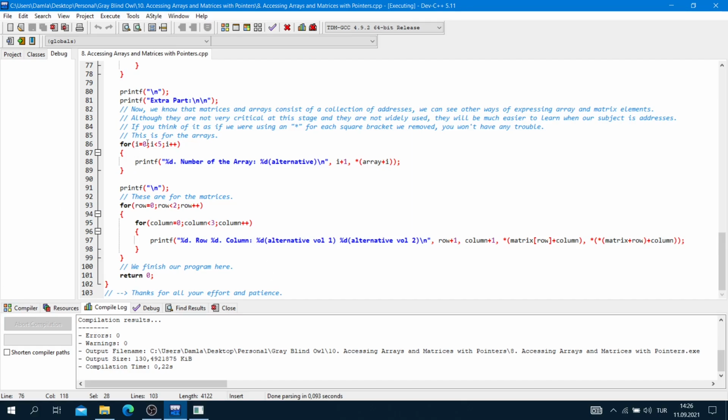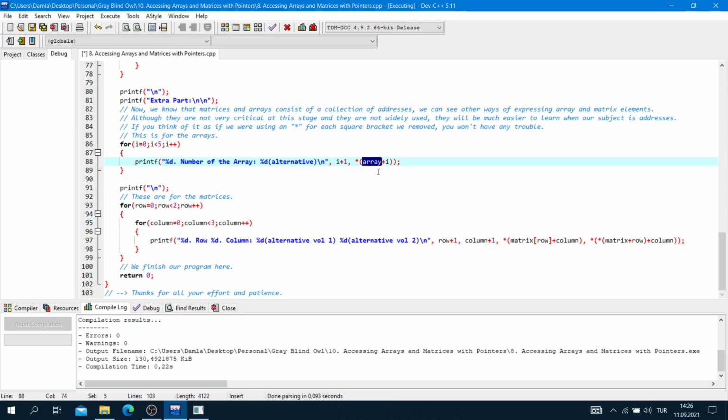For I is equal to 0, I is less than 5, and I plus plus. Printf the percent sign D, number of the array, and the percent sign D, I plus 1 for the first percent sign D, and star array plus I for this percent sign D. We removed the square brackets and we put the star sign instead of the square brackets, and we add this index to our first address.